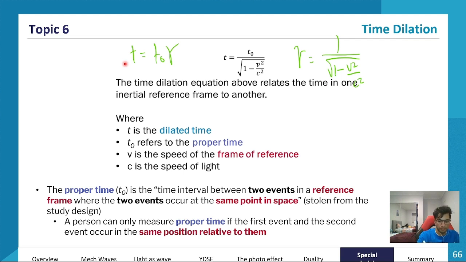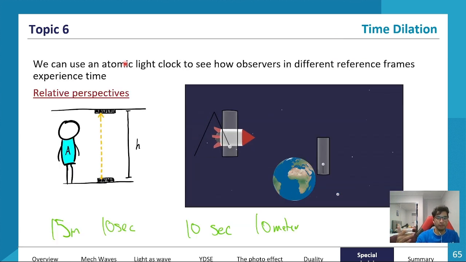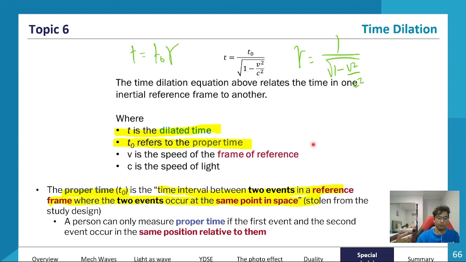And so first of all, you need to be able to differentiate between t0 and dilated time. t0 is what we call the proper time. So the time interval between two events in the same reference frame, where the two events happen at the same point in space. So in the previous example, if we were calculating the amount of time it takes for the rocket to leave Earth and then come back, t0 would be the time that we measure on Earth. So let's say the rocket takes 10 years,